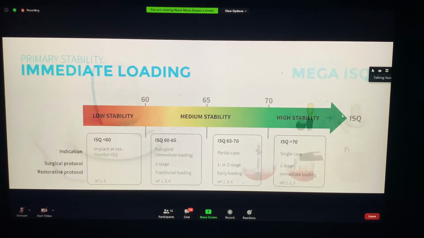And with this and with your torque value, we can also